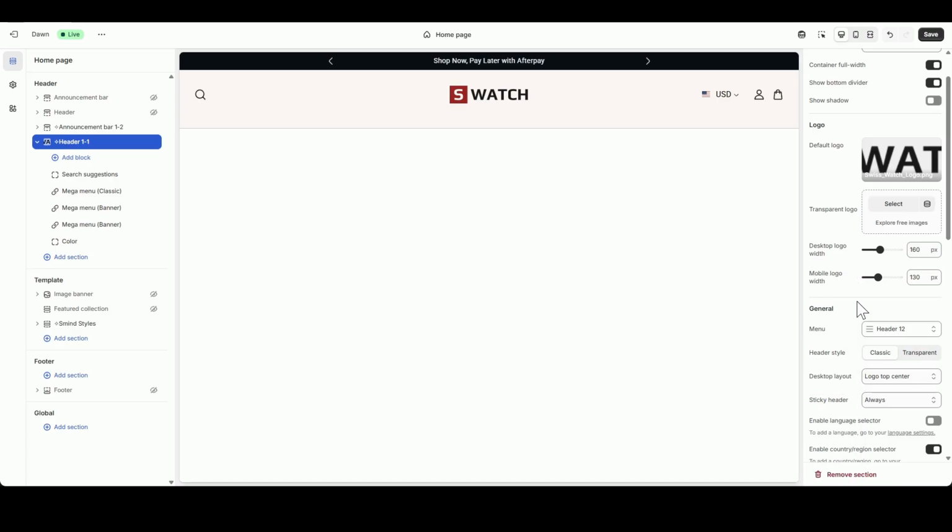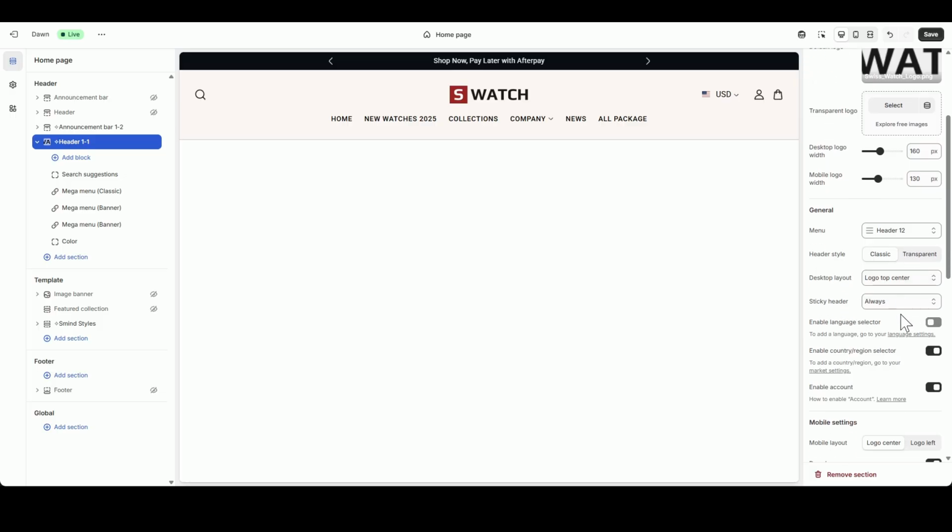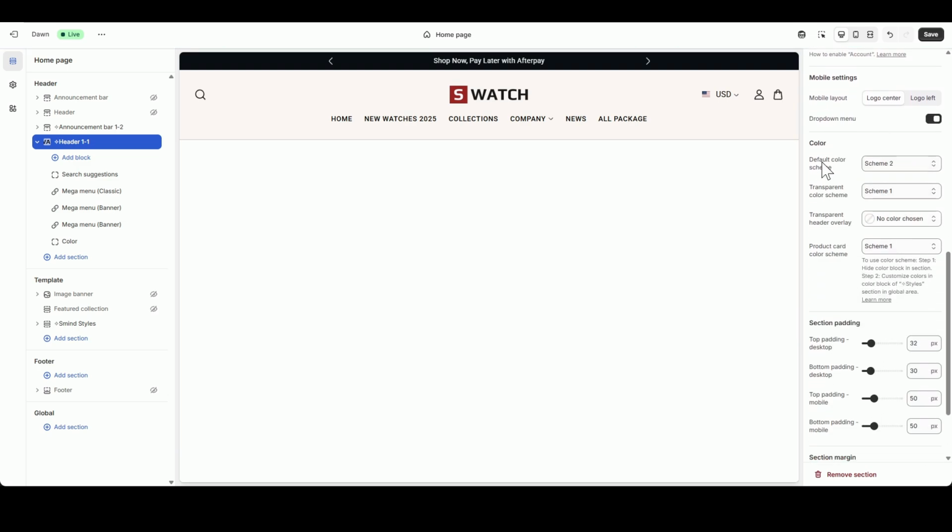With that set, let's configure the layout and sticky settings. Under the General Settings block, you can easily customize the structure. For the sticky header, set this to None if you don't want the header to follow the user as they scroll down the page. Next, scroll down to the Color section to assign a specific color scheme like Scheme 1